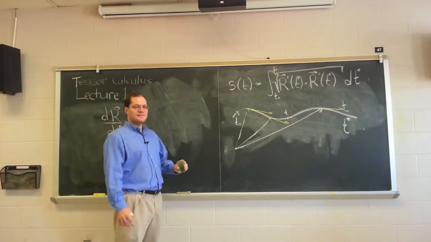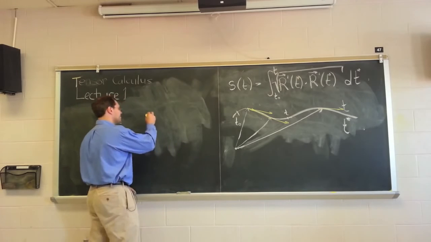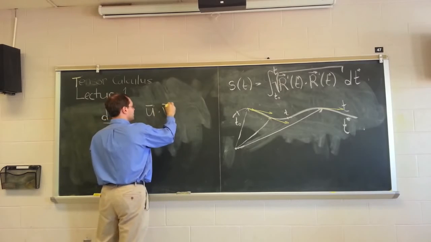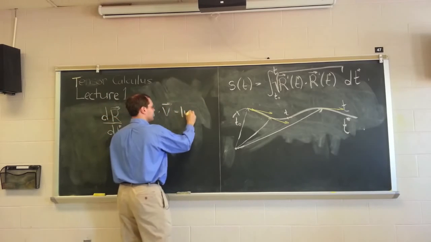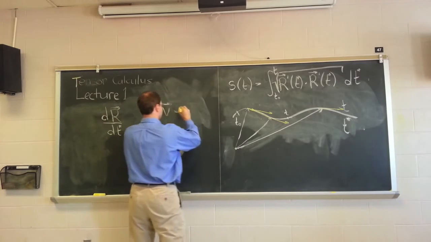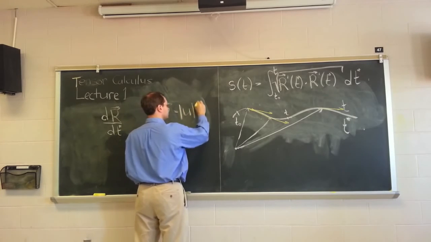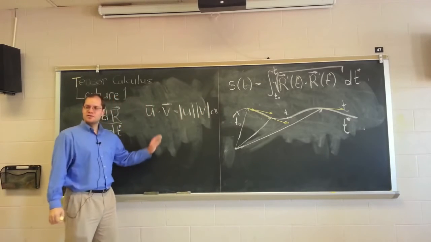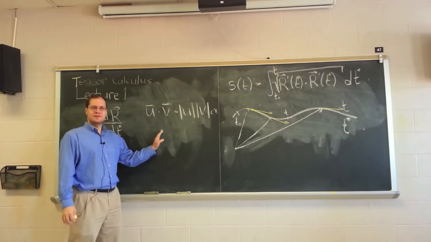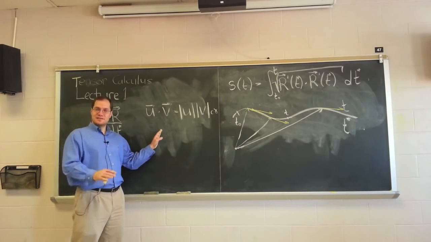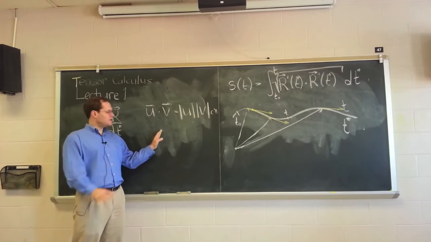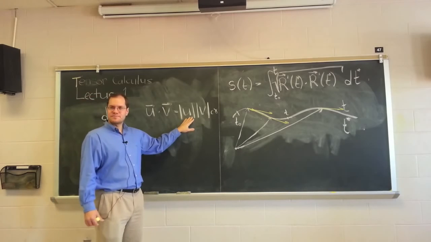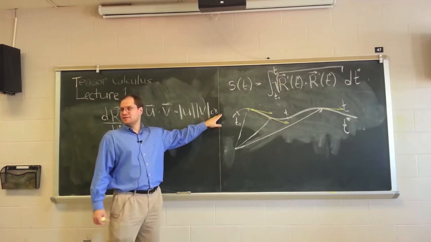Maybe I'll say it at the end. Well, let me say it now. Let me get back to that. Very important. U dotted with V equals the length of U times the length of V times the cosine of the angle between them. And the difference from linear algebra: in physics, in vector calculus, geometry, and tensor calculus, the primary concept is length. And if you need angle,